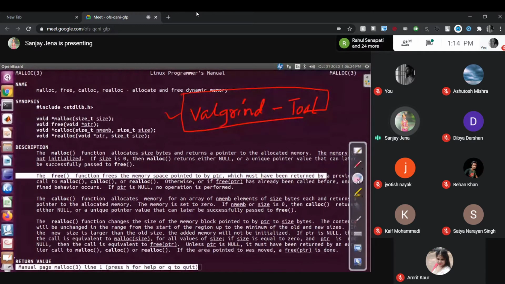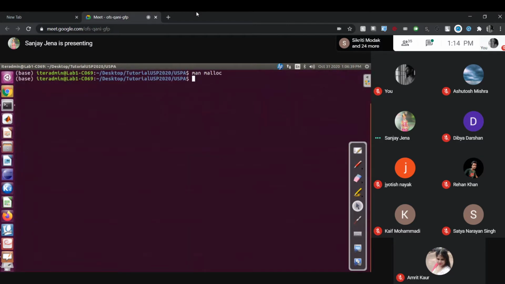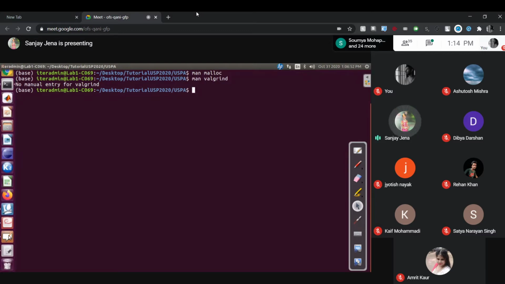You can study it. Either in my machine valgrind is installed, let's see. No, I have to install this one. Let it be later on. Okay, now we start the first code.